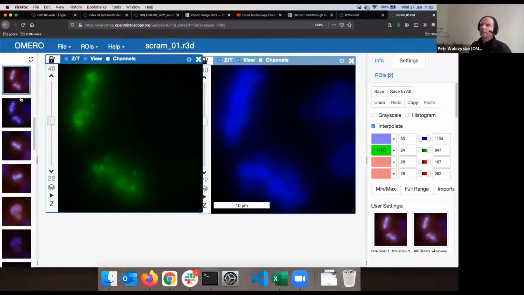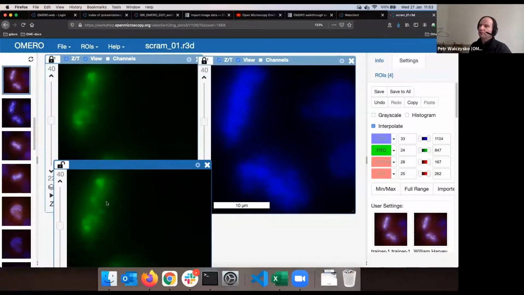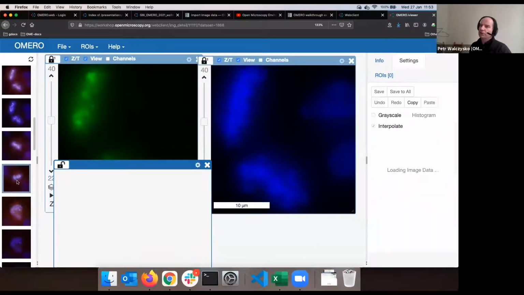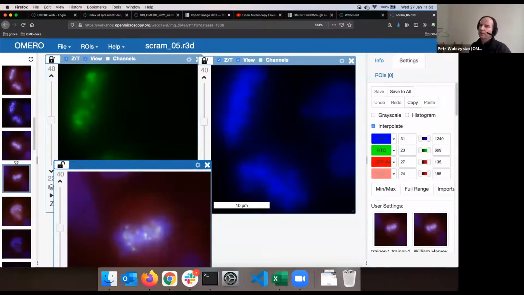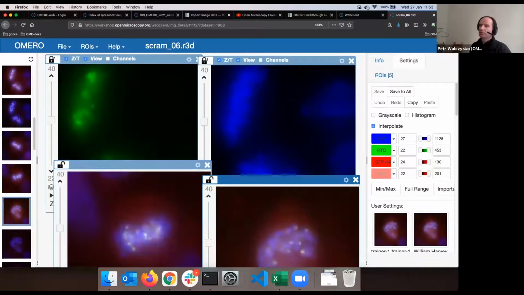Now, to get you into the routine, every drag and drop into the free pane opens a new viewer. Every single click on another image on the left will change the view in the active viewer window into that image, such as so. But if I double click on yet another image, a new viewer will open. So drag and drop into the free pane and double click will open a new viewer, whereas single click will just